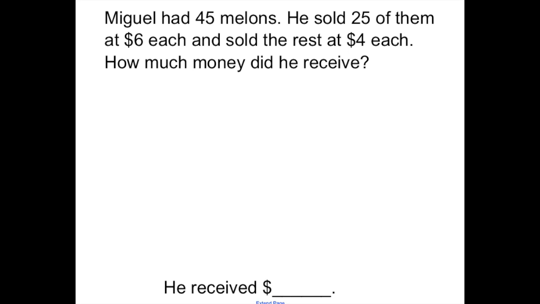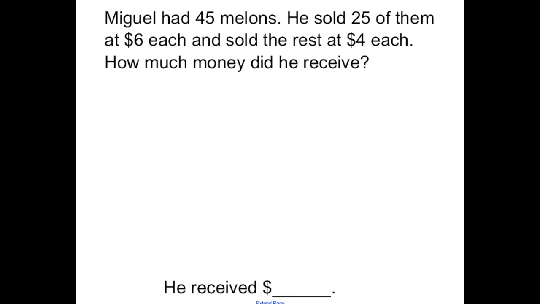Miguel had 45 melons. He sold 25 of them at $6 each and sold the rest at $4 each. How much money did he receive? I wrote my sentence on the bottom first. He received blank dollars. Now I have to see that this is really two-part whole problems because I know that